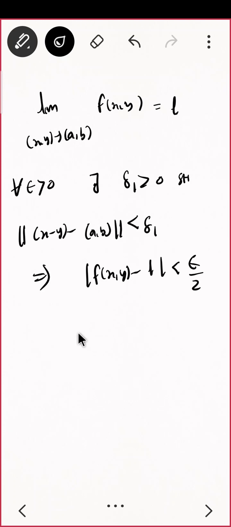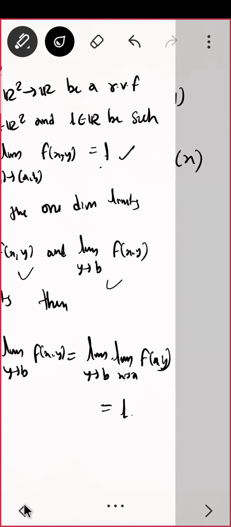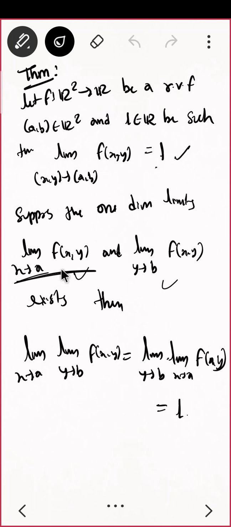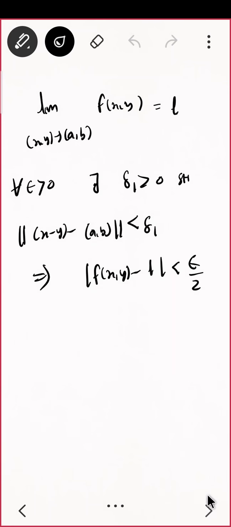Okay. So this is what you are given, and you are also given some more things: this limit also exists, correct? The limit of x tending to a of f of x, y exists, and this is also. If you don't remember, then read the statement. This exists and this exists. So the existing value I am taking at this and this. So I can apply the formula here also, correct?